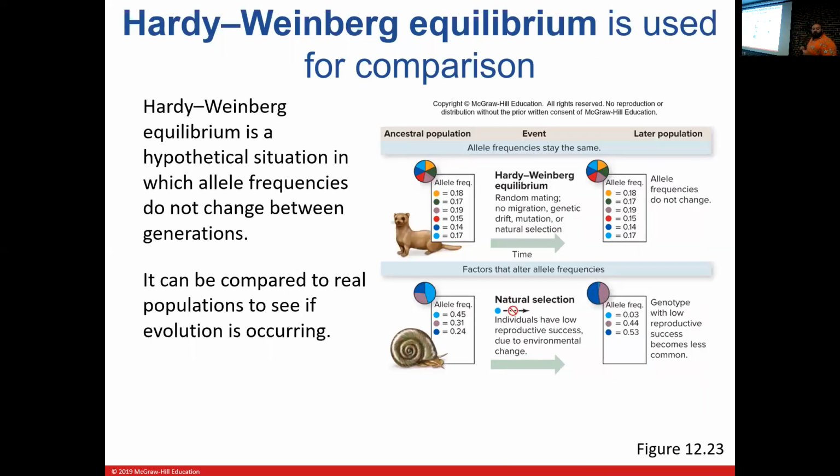And then we can use something called Hardy-Weinberg equilibrium, which is basically a way that we can compare. If you have very specific alleles, and it's two versions of it, you can predict whether or not a population is evolving by whether or not they stay in Hardy-Weinberg. If they stay in Hardy-Weinberg equilibrium, that means the population is not changing, it's not experiencing evolution at that time. However, if it's getting disproportionate levels of particular alleles, that population is now considered outside of Hardy-Weinberg equilibrium, which means that population is actively evolving in another direction. And ultimately, it can be compared to real populations to see if that evolution is occurring.